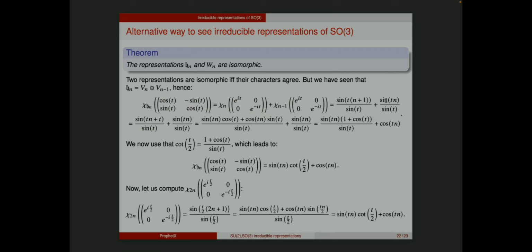And now I just multiply out the brackets and use the addition rule for sine, and we arrive here by the addition rule of sine. And we use the formula for half angles, so this half cotangent